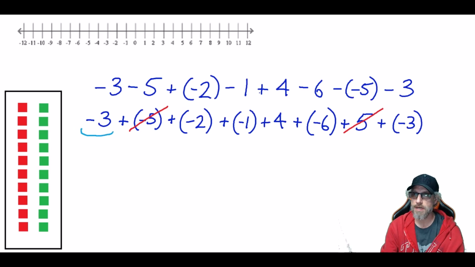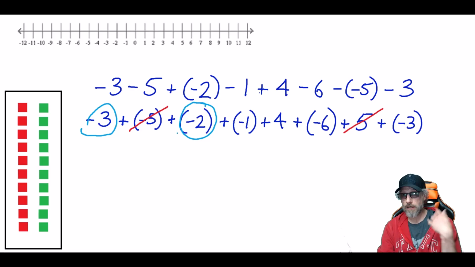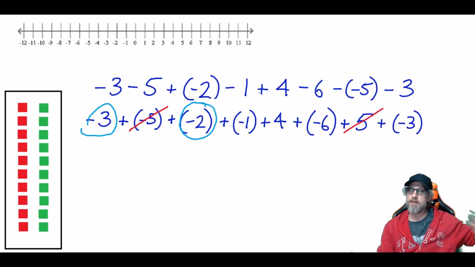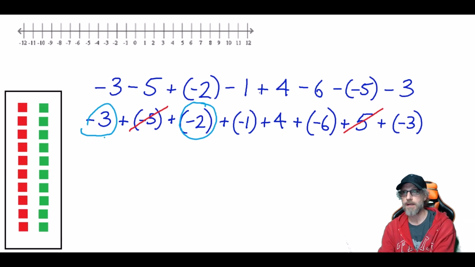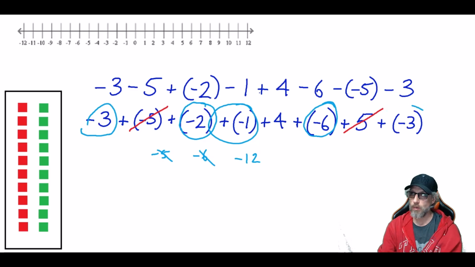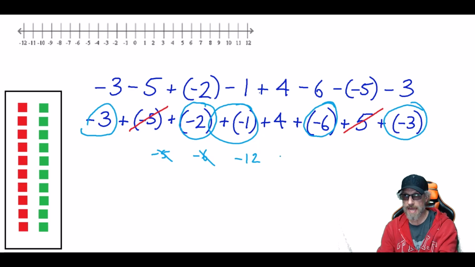So I see a -3 and a -2. I'm putting together only negatives, so it's like just a regular old addition, but I'm going in that negative direction. So my answer is just getting more and more negative. -3 plus a -2. So now I'm up to -5 plus a -1. So now I'm up to -6 plus another -6. So -6 with another -6. So now I'm up to -12. With another negative, this time a -3, so -12 with 3 more negative, I'm up to